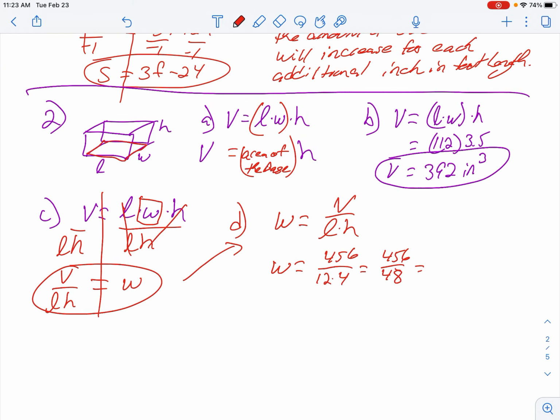And let's try this again. 456 divided by 48 gives me 9.5 inches. That seems to make more sense. So do a logic check. If you were about to tell me the width of a shoebox is 112 inches, that just seemed kind of odd. That's where I caught my mistake. So watch to make sure that those units